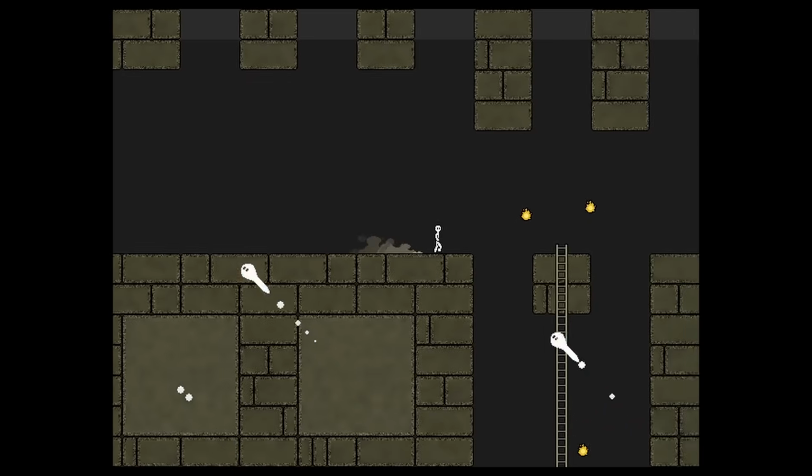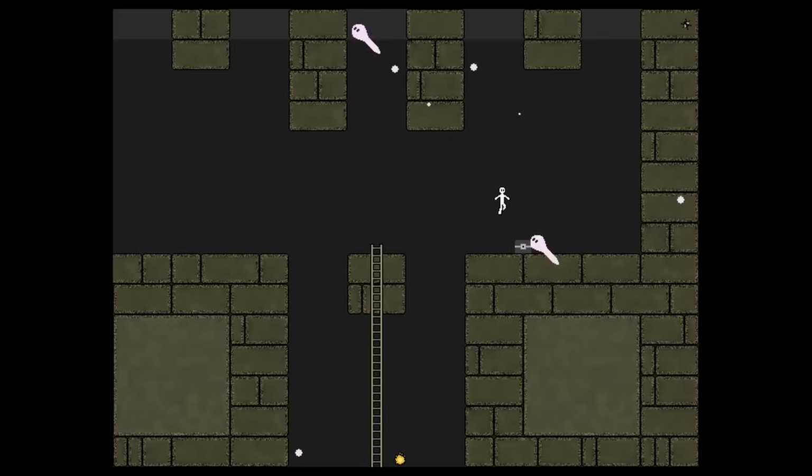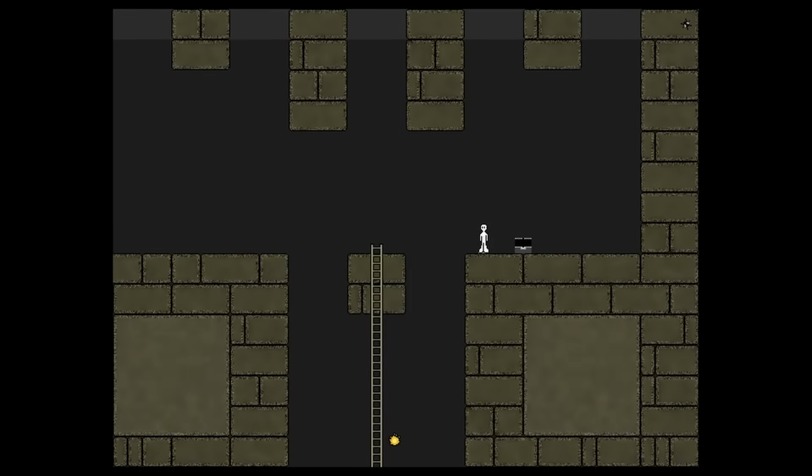There should be a passageway down perhaps into that hidden room. Now here's a little trunk here, and if we open that, we won a little charm. And I'll just pause there